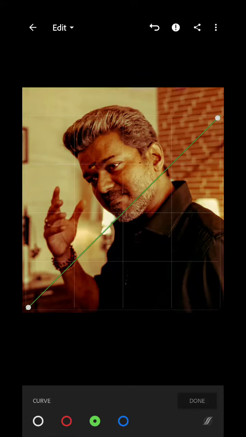Cool. Now I don't want a lot of yellows or greens to be available. Bring it a little bit down. Boost it a little bit here. Yes, this is looking actually accurate because I can see the